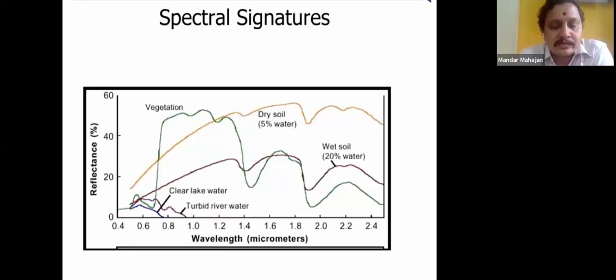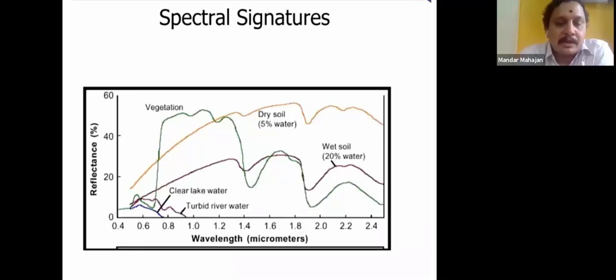This is a combination of these, and it is not possible to detect all the water bodies, even though the water body is different with different properties, let it be turbid water with different impurities or clear water. So we need to go for one more band, the color band.